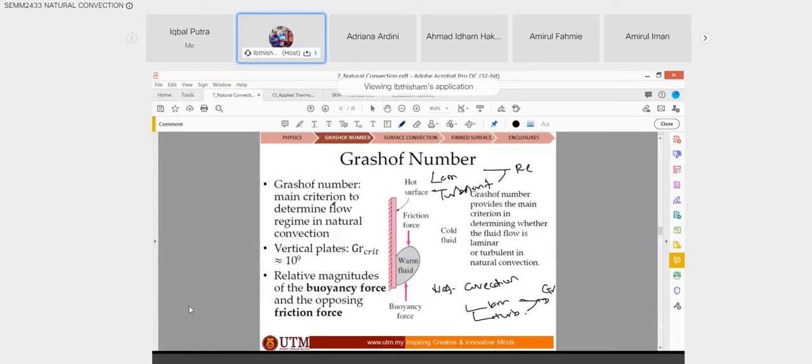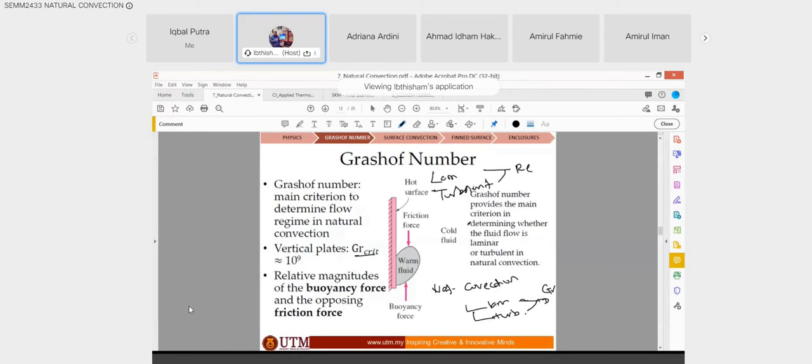So for a vertical plate, the critical value is 10 to the power of 9. Anything larger than this, we consider turbulent. And apart from this explanation, the Grashof number is also a relative magnitude of the buoyancy force and the